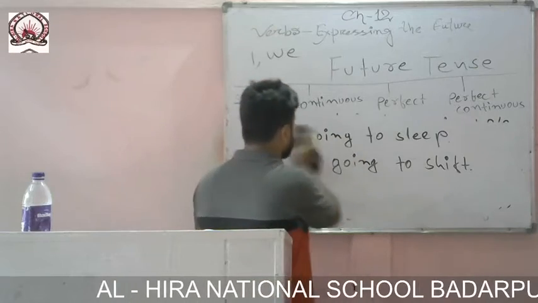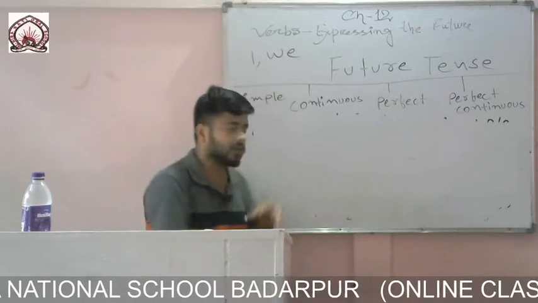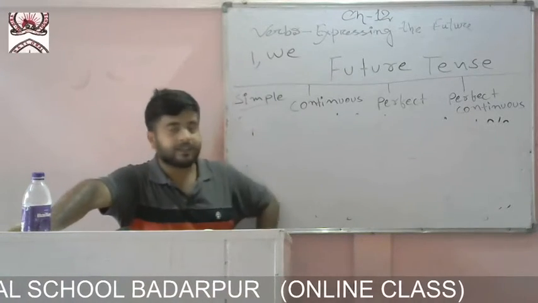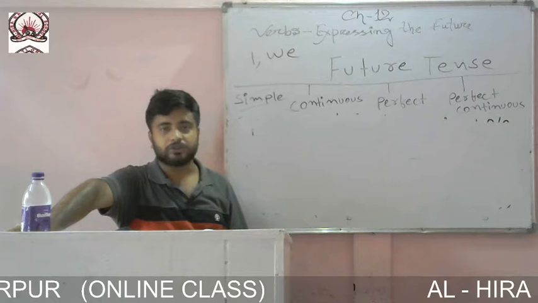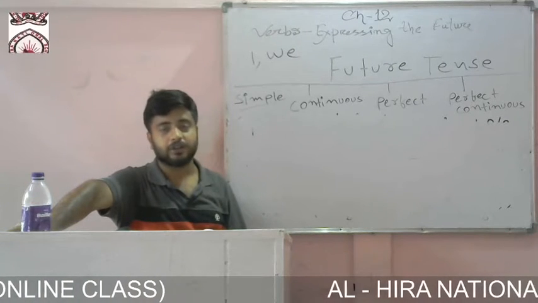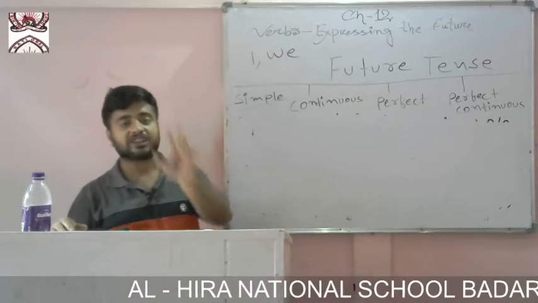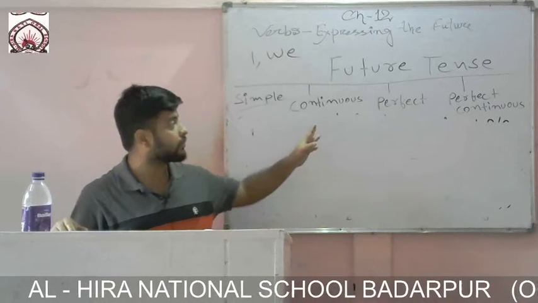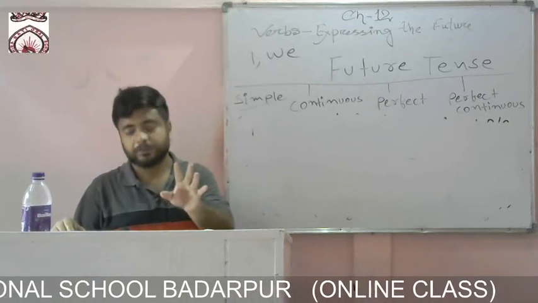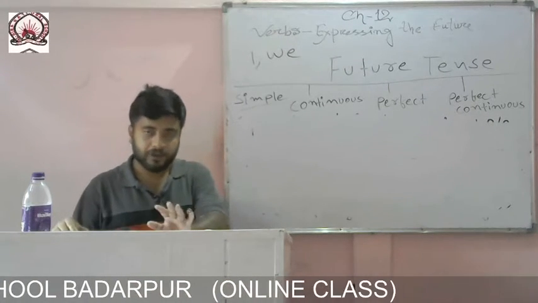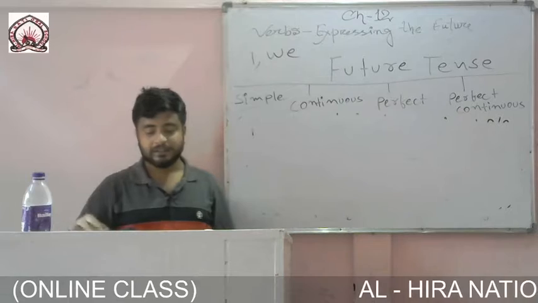Now coming to future perfect. I have already explained in past perfect that we should not use past perfect for just one action which happened in the past. If two actions take place, then for the first action, what we have to do, the first action will be past perfect, and the second action will be past indefinite. Now if I talk about future perfect,